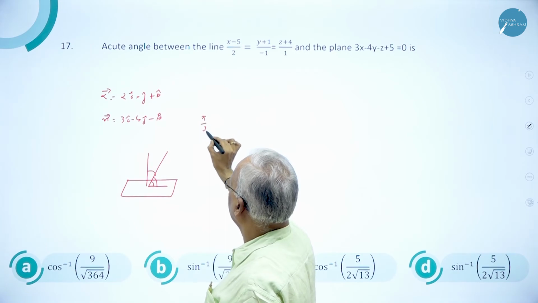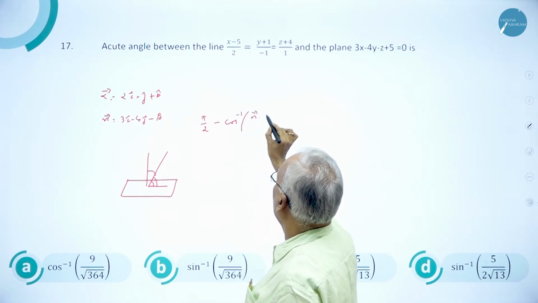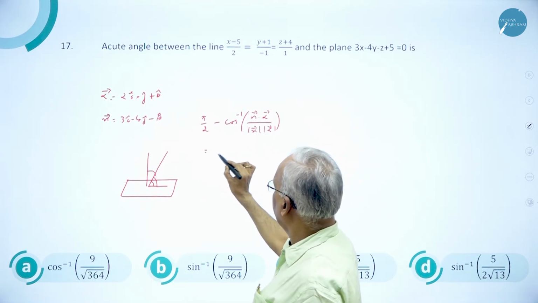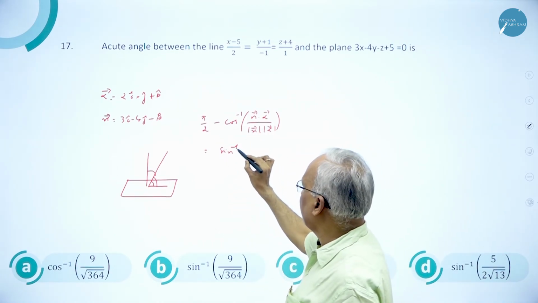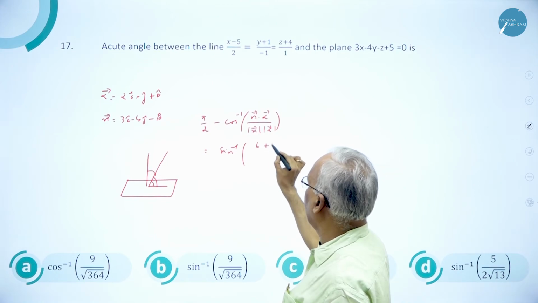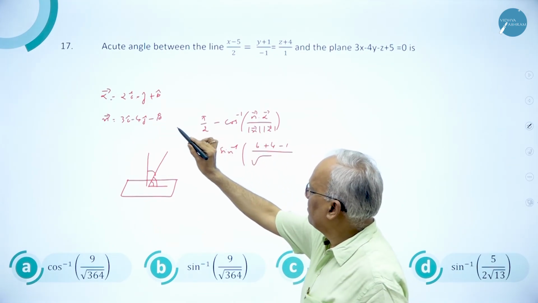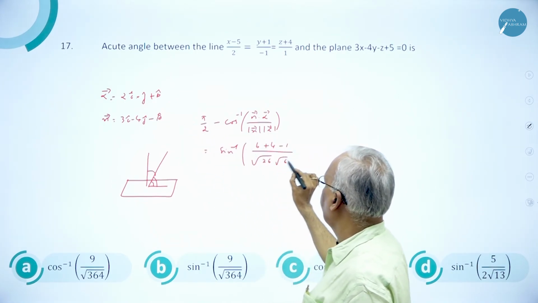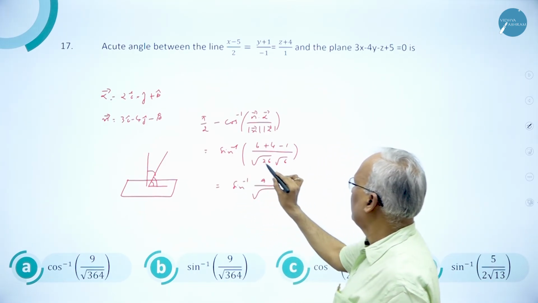So that is the cos inverse, but actually you want this. So it is pi by 2 minus angle between normal and alpha, is the pi by 2 minus cos inverse of n dot alpha divided by magnitude of n into magnitude of alpha, which is equal to, you can write sine inverse of, because pi by 2 minus cos inverse is sine inverse of this one, n dot alpha, that is 2 into 3, 6, minus 1 into minus 4, plus 4, and 1 into minus 1, minus 1, divided by square root of magnitude of n is root 26, magnitude of alpha is root 6, which is equal to sine inverse of 9 divided by square root of 26 into 6 is 156.